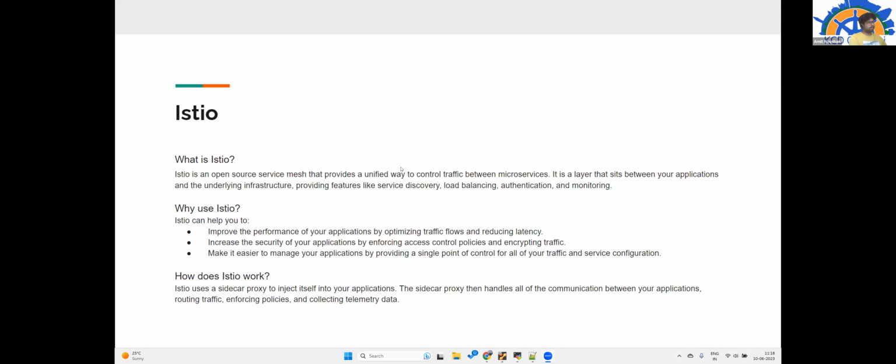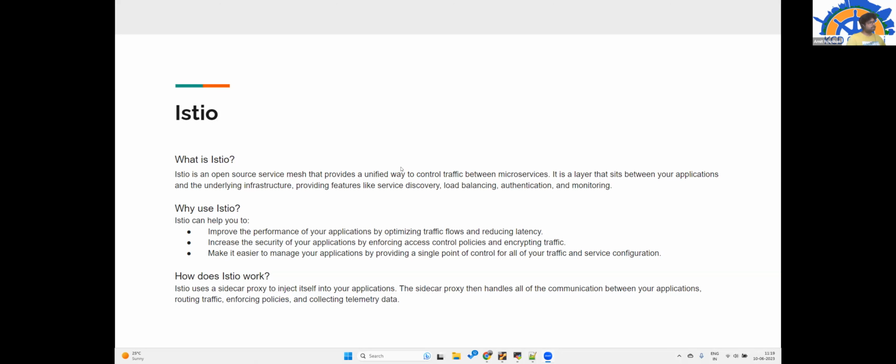This implementation takes care of the reliability of the traffic between two microservices. It ensures the resiliency of the traffic, and out-of-the-box implementation for service discovery, load balancing, security, and observability, all those features are built into Istio.